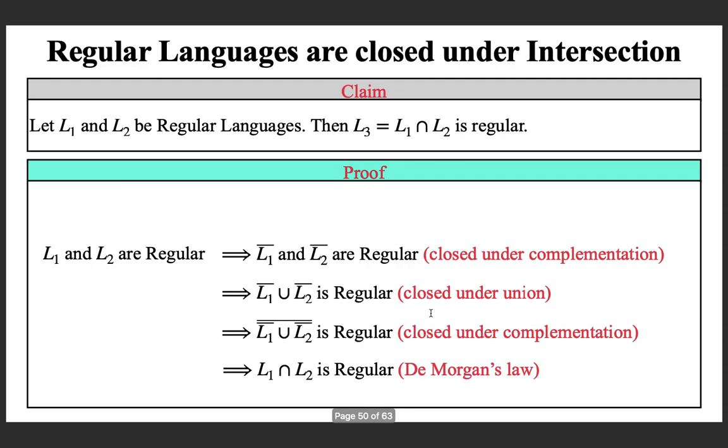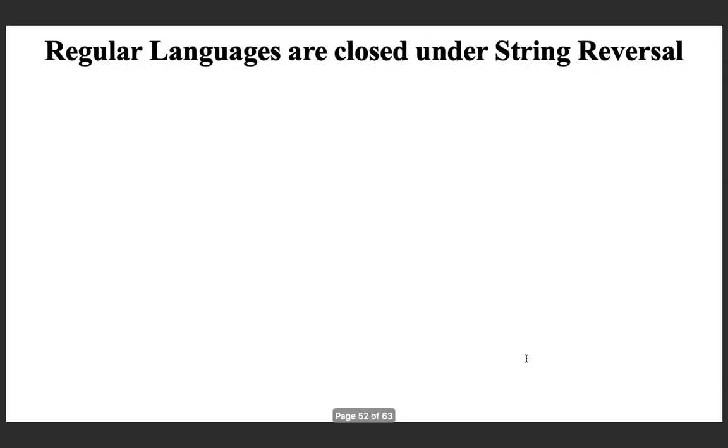Now, from De Morgan's law, we know that the complement of L1 complement union L2 complement is nothing but L1 intersection L2. That is De Morgan's law. And hence, we prove that regular languages are closed under intersection. Moving on to the last property that we are discussing in this lecture,